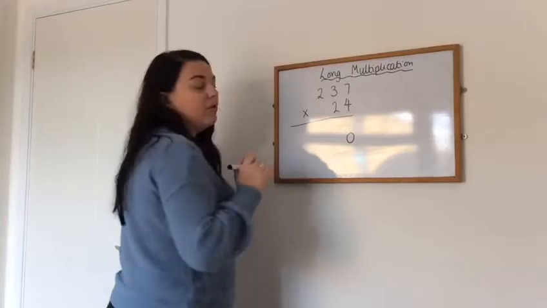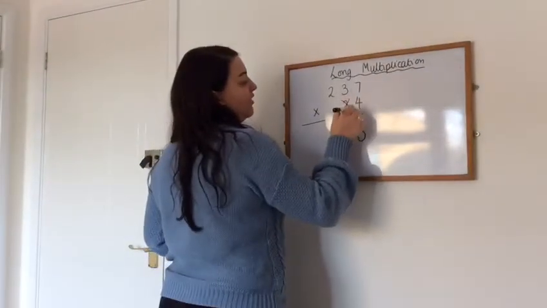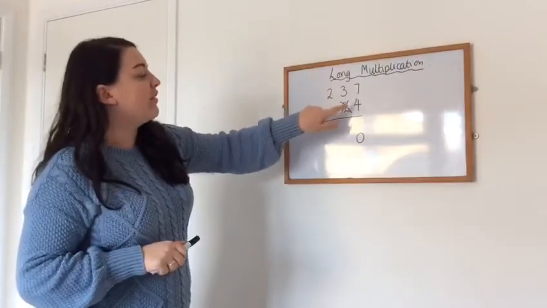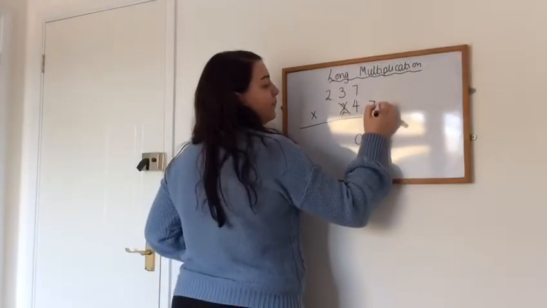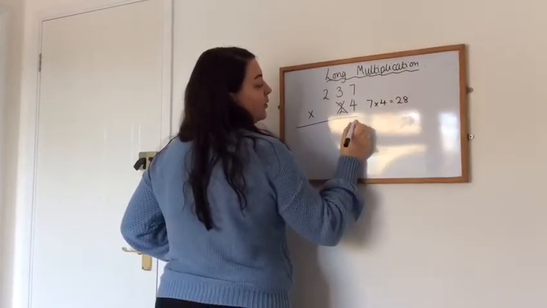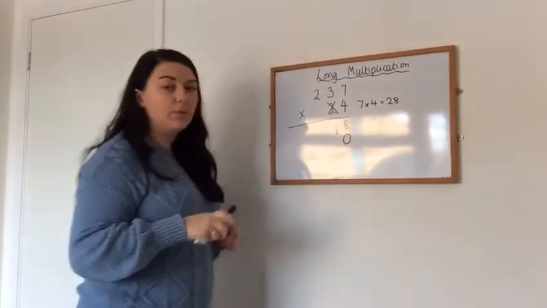Then we just go through it like it was short multiplication. Cross out the 2, pretend it's not there. We don't need to worry about it yet. So first of all we need to do 7 times by 4, which is 28. Put your 8 in your ones column, carry over 2 like we just talked about with short